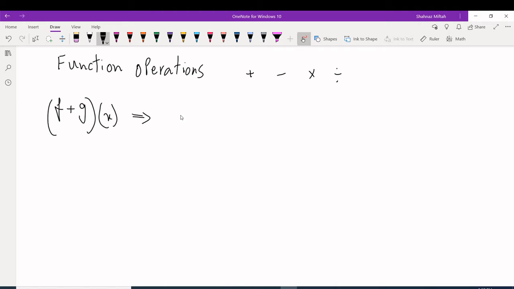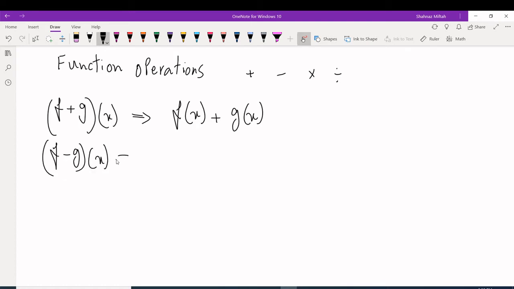Before you solve the problem, you have to rewrite it. So you're going to rewrite it f of x plus g of x. Like this, x goes with f and g both, and the positive sign has to stay between them. So it's going to turn to this. The same thing goes for subtraction. If I have something like this, then you have to just separate them, f of x minus g of x,